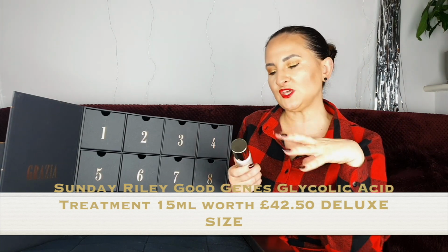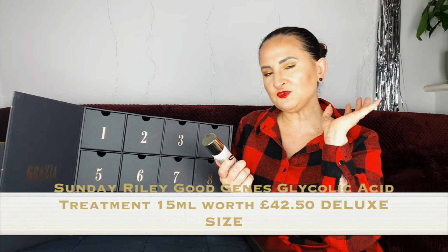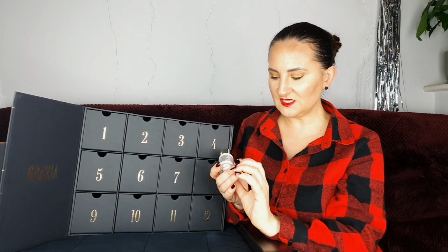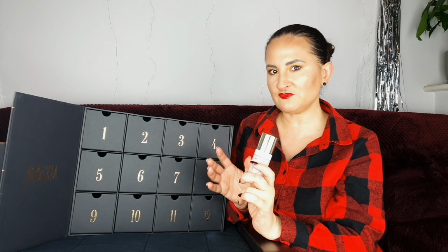This is like an exfoliating treatment. You just put it overnight on your face, and then you can put some kind of cream on top of that. With my sensitive skin, it's actually quite fine, but I don't really use it every day because I can feel it. I wouldn't say it's burning my skin, of course, but you can feel a little bit of a tingling sensation if your skin is sensitive. So I'm assuming using this 2 to 3 times per week if your skin is sensitive will be enough. But yeah,